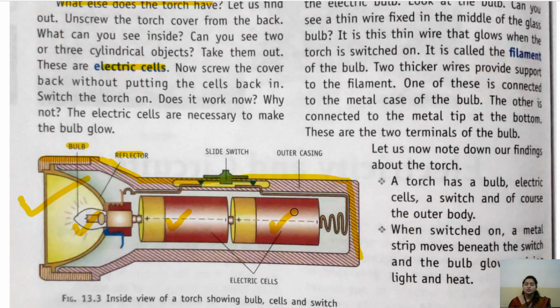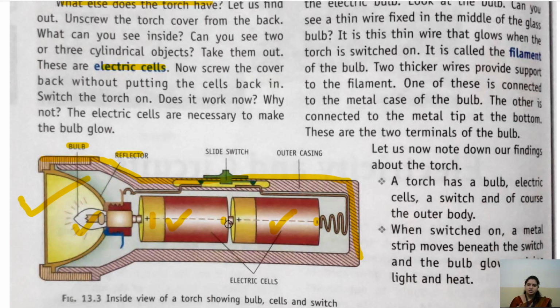Children, I have also told you what is the difference between a battery and a cell. When two or more cells combine together, it forms a battery. But the single cell that we see is not a battery. In layman's language we generally say it as a battery, but it is not a battery. That is an electric cell. So these are the electric cells. They also have a negative and a positive terminal. They are attached opposite, as you can see.